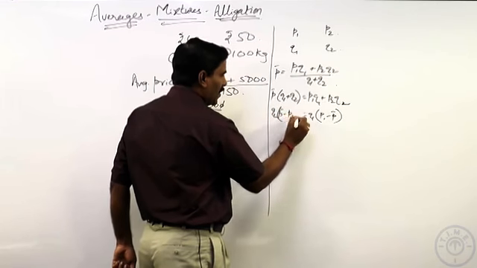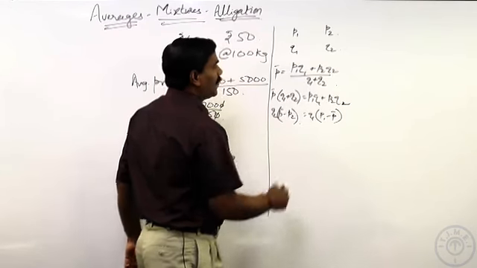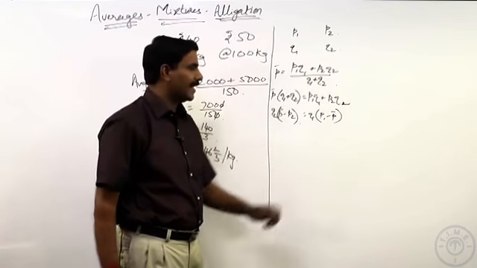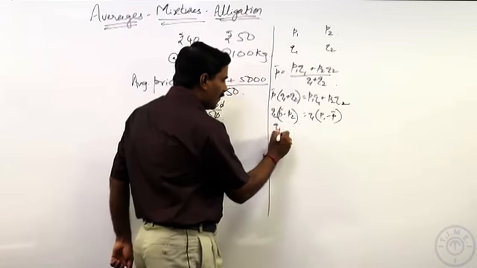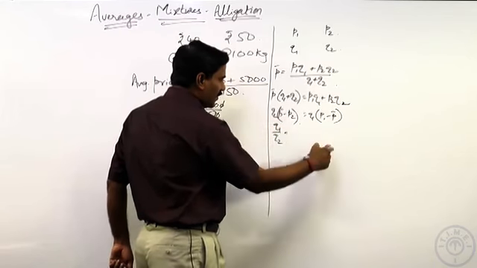Or if we bring the quantities Q1 and Q2 to one side and the prices to the other side, we get Q1 by Q2 equal to